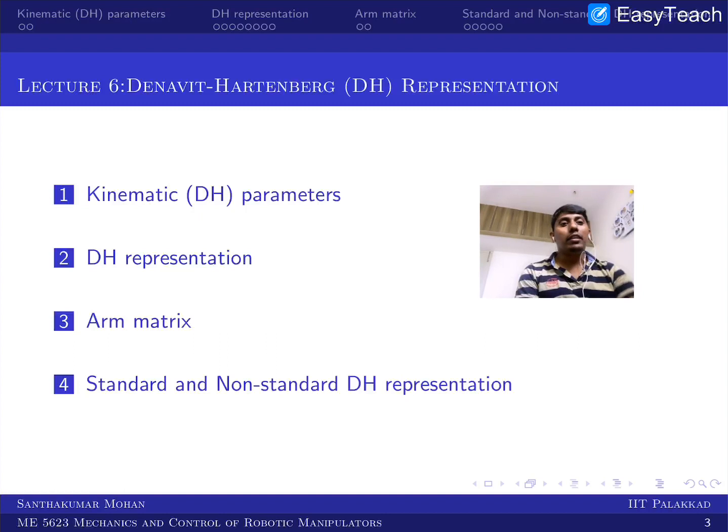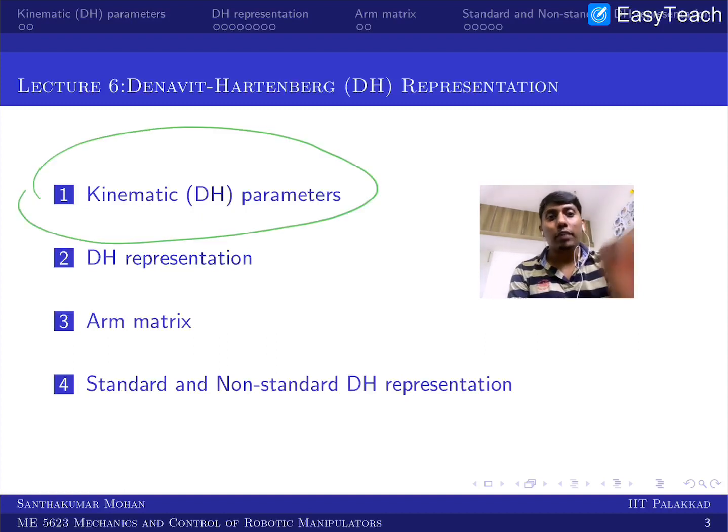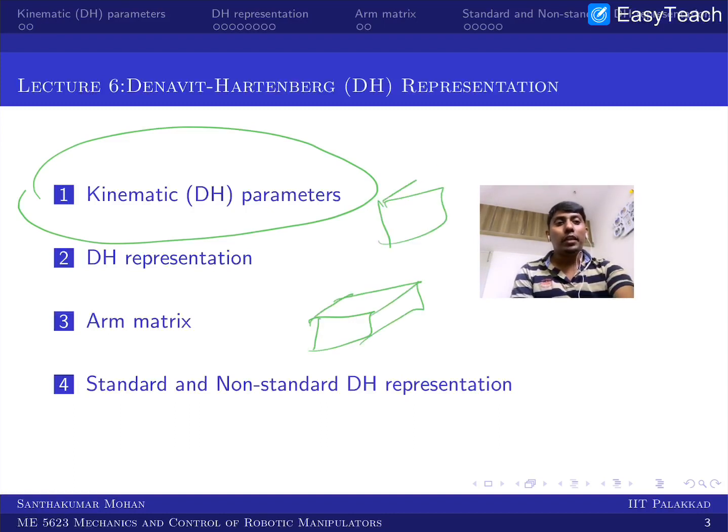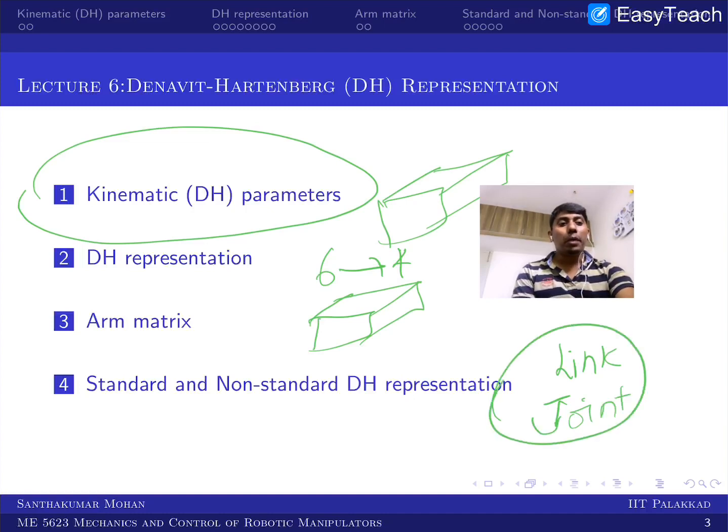In the last class we were talking about the Denavit-Hartenberg kinematic parameters. In general, from one body to another body you need 6 parameters to define the relation in 3-dimensional space. But if we take certain assumptions, then we can reduce that 6 to 4. These 4 parameters are what we call Denavit-Hartenberg parameters. Hereafter in this course, kinematic parameters simply means these 4, of which 2 are associated with the link and 2 with the joint.